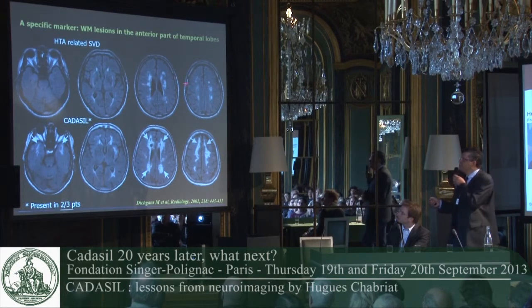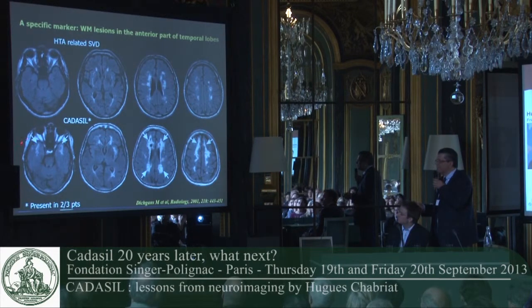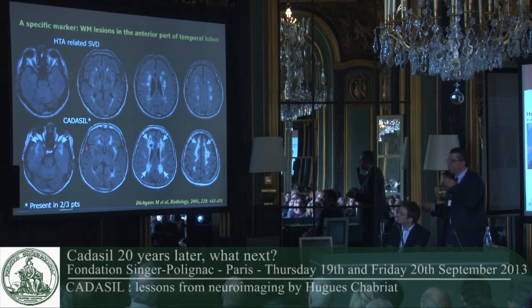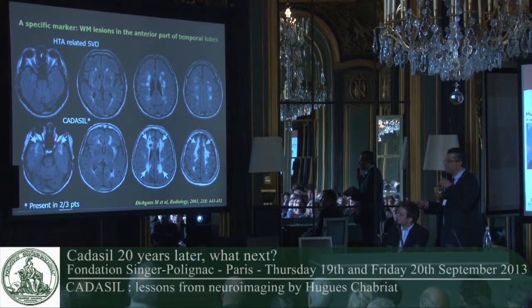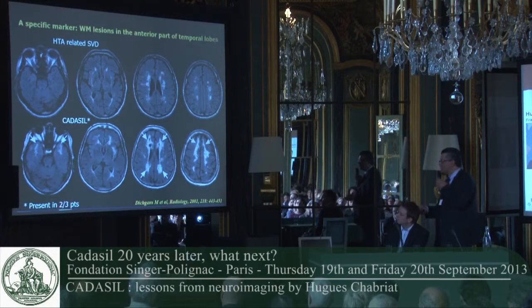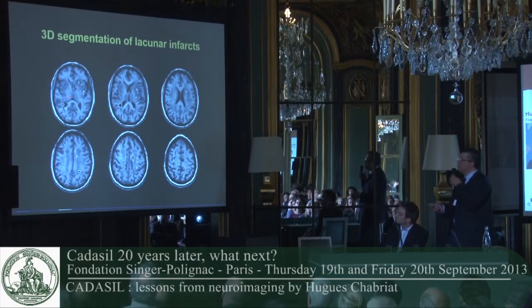An important feature of the disorder is the location of these hyperintensities in the temporal lobes of patients. And this typical aspect, with large white matter hyperintensities, is present in 2/3 of patients, according to this first study performed by the German group. It is now possible to